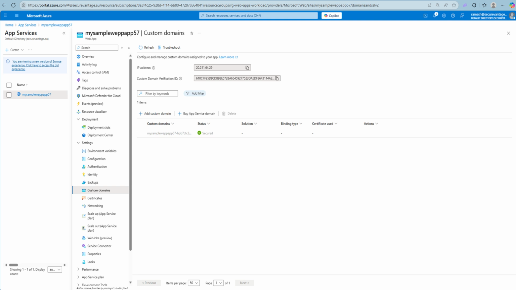After validation, the domain will appear in the list with its status, like secured if it's active and bound correctly. If you are purchasing a new domain, Azure even gives you a shortcut. Just click plus buy app service domain to register one directly through the portal. This entire experience is designed to give you full control while keeping the process streamlined. Whether you're linking an existing domain or setting up a new one for your production web app,